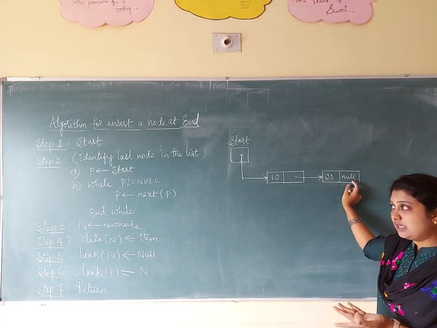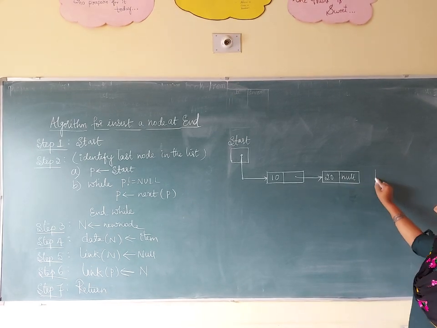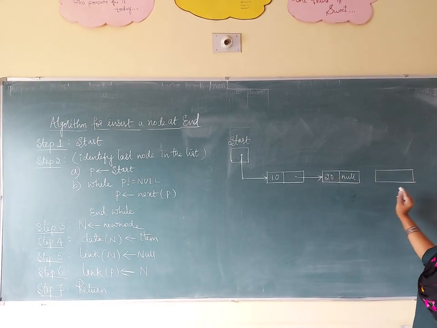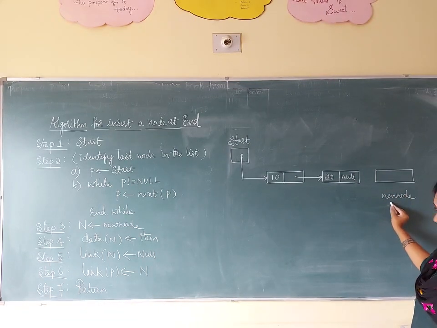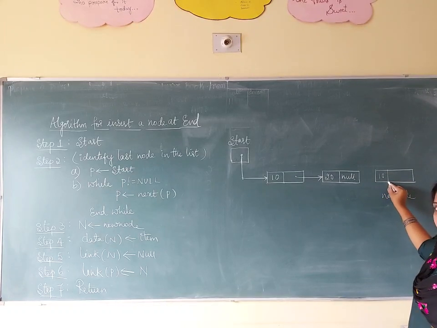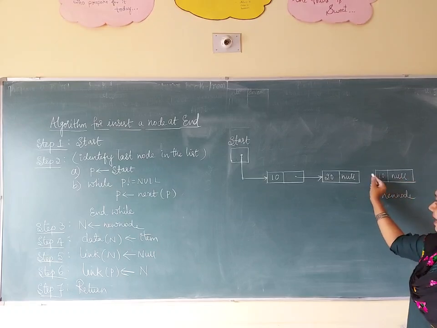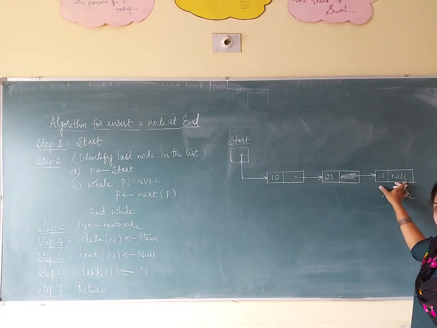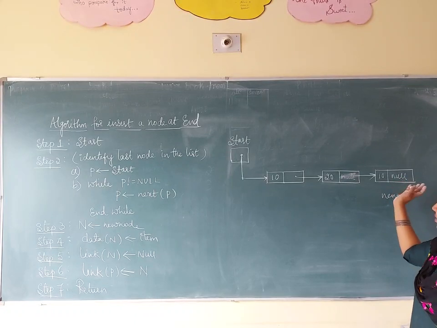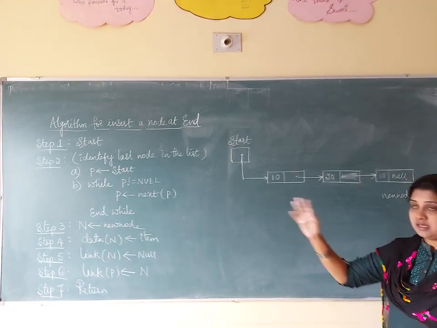So what this algorithm says is that you have to insert one node at the end. Here you insert a new node. After inserting the new node, I fill its data part, make its link part null, and link the previous node to it. Why? Because after inserting one more node, this will become your last node. So you make this one null, and you link the previous node to it. This is the logic of the algorithm.